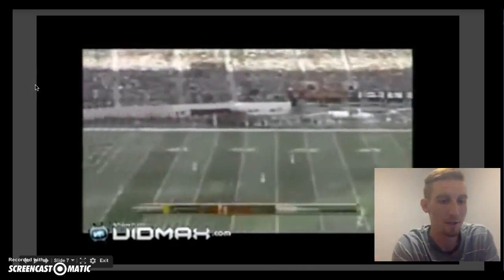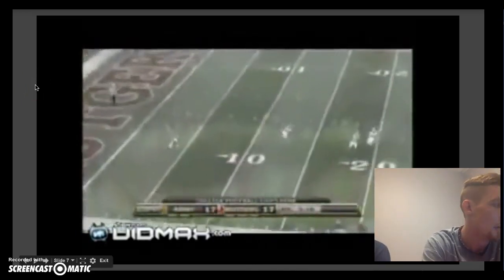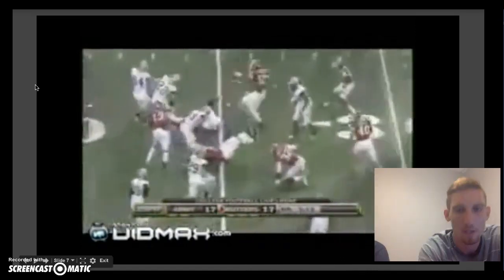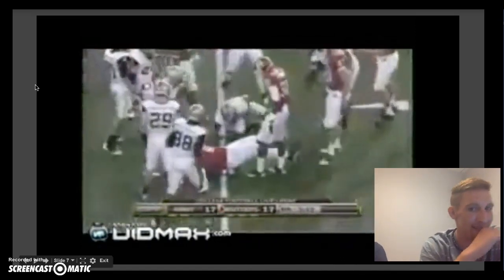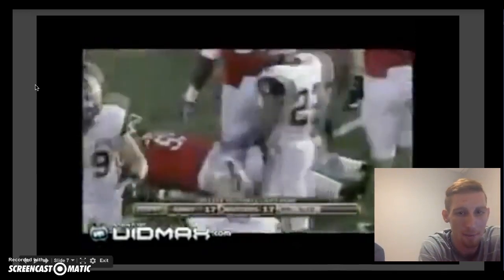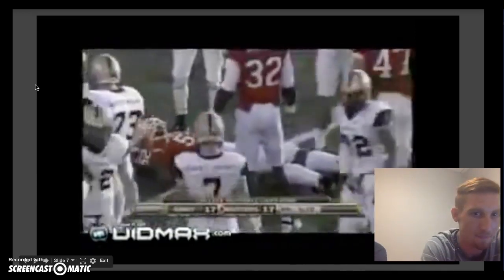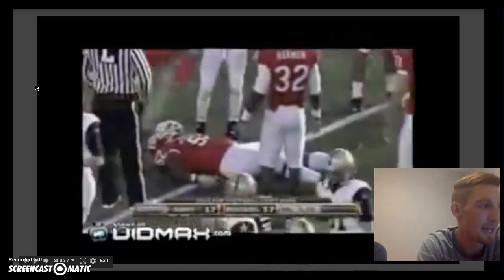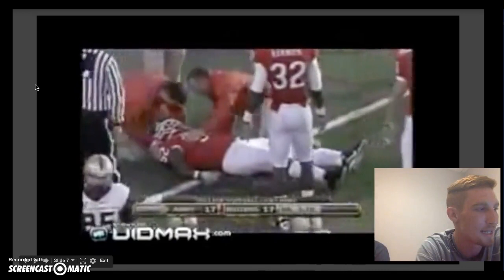All right, well here in this video you're going to see a Rutgers football player, Eric LeGrand. He's a defensive tackle and he's on special teams and he just goes in and makes his tackles. Well, axial loading happened on him because he led with the crown of his head. He actually ended up getting a C3 and a C4 fracture. The game took place October 26, 2010.